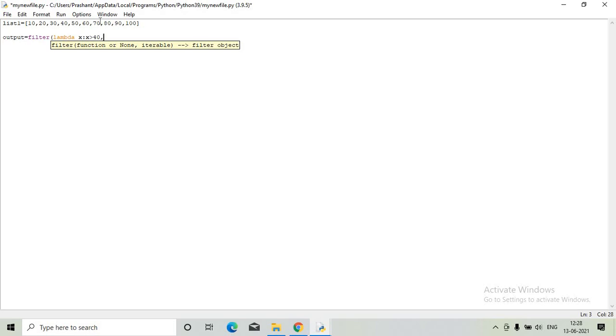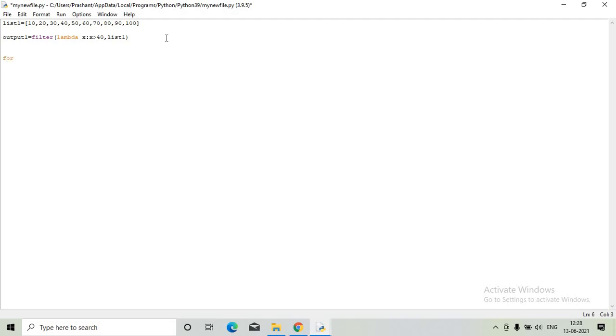What is the input? It is nothing but the list. I will display this in output 1. So these are the uses of filters. In the filter function we are giving two arguments. One is the lambda and the other is the list. The lambda function is the condition that you are giving. The second one is the list, that is the input, and the output contains the result of this input.